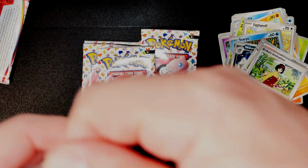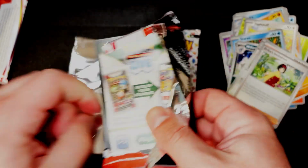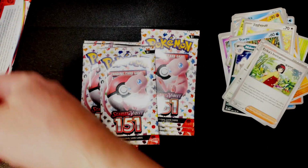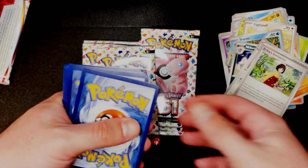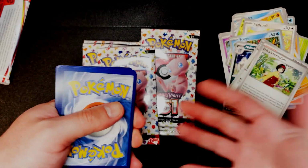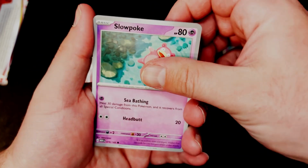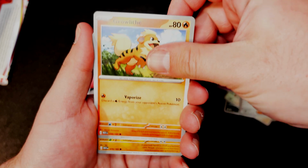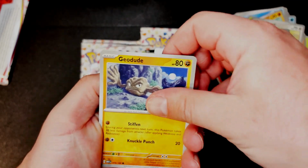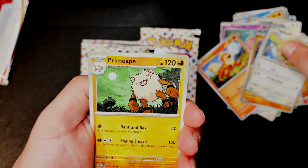Well, I had to cut this one open, and of course the second I do it, it just opens like butter. That's my luck in a nutshell when it comes to actually doing the work and opening these cards. There's your code, and the energy is another strength energy there. That's back to back. Slowpoke floating in the water, taking a sun bath, or a sea bathing, according to the move. Growlithe, another Geodude. Sebby, Jigglypuff, Primeape,